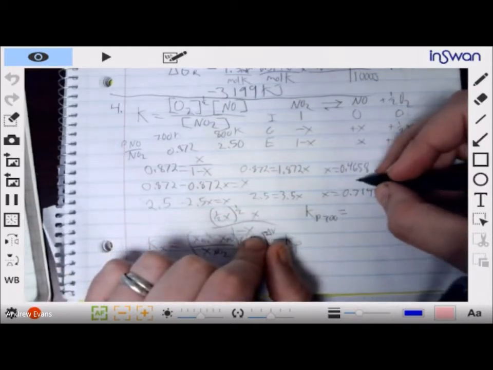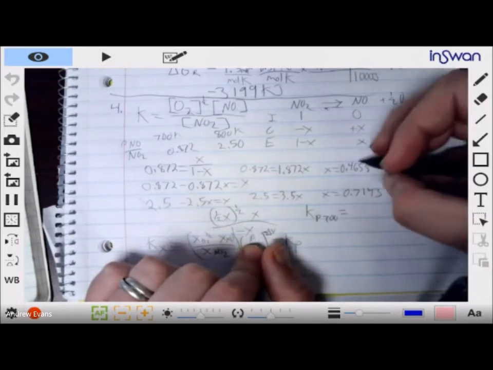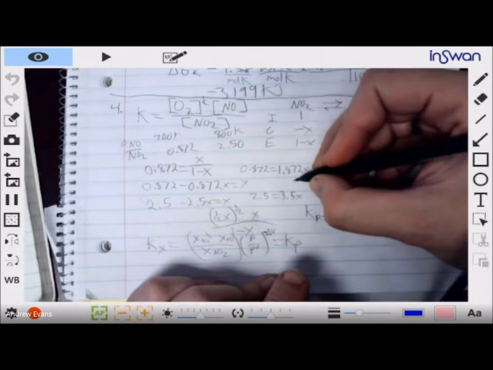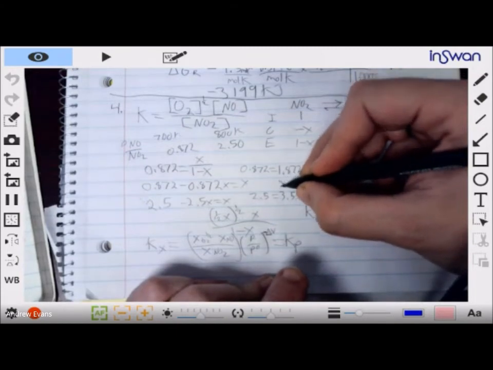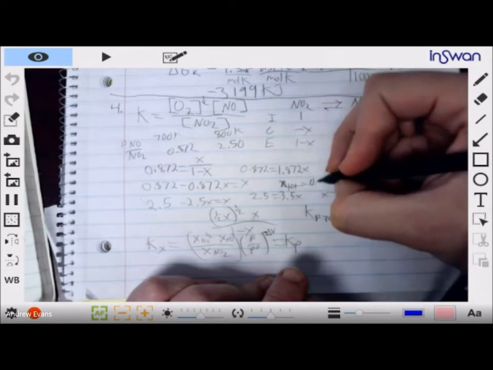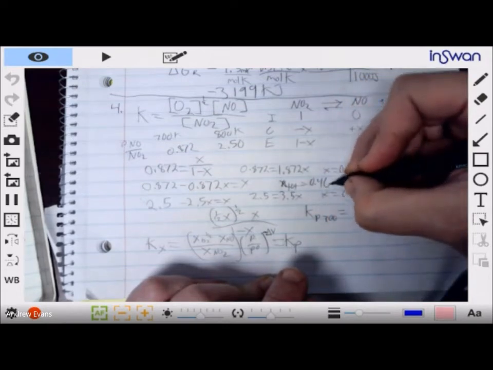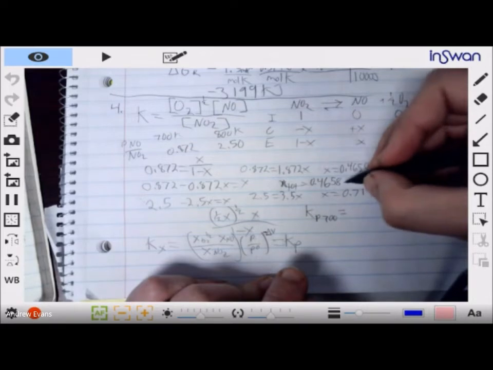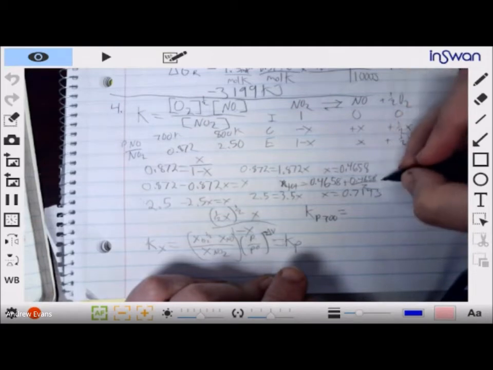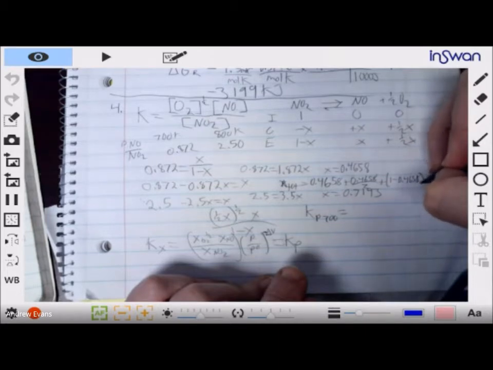So if x is 0.4658, the total moles would be 0.4658 plus 0.4658 divided by 2 plus 1 minus 0.4658, which will give us